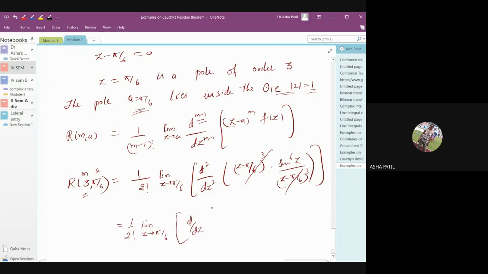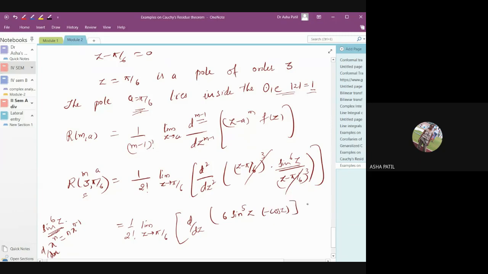Let us differentiate it once and keep one d by dz outside. We want the derivative of sin^6 z. It is in the form of x raised to n. The derivative of x raised to n is n times x raised to n minus 1. So we have 6 into sin^5 z into, it is not just z there, it's a function of z. So again, sin z needs to be differentiated. The derivative of sin z is minus cos z.